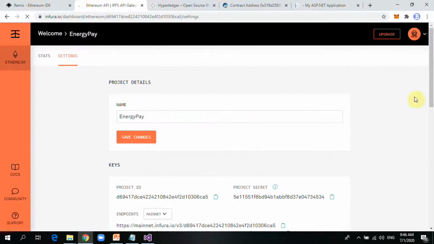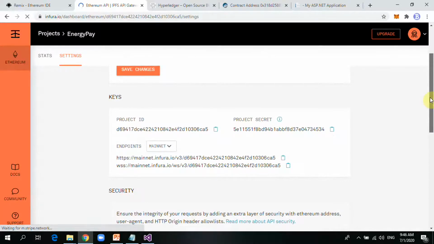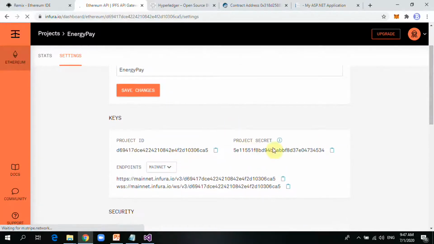Good. So you can see my project has been created, and then I have the project ID and project secret. Now you should, of course, know that these keys need to be secret. And if I'm going to access the Ethereum network now, if I want to connect using any